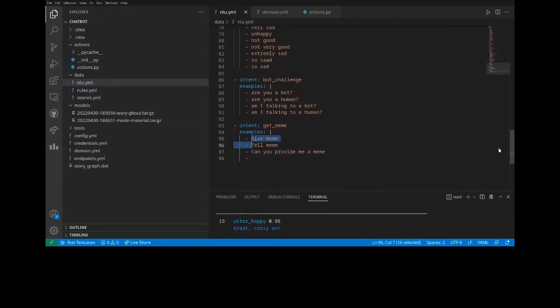What are some different combinations which, if the bot knows them, then it can try to master anything related to meme. Any sentence which you feel, if we put it here, it might fail. Show me a meme. Yes, that's good. Show me a meme. And also, it doesn't matter if it's capital or small. We can make it small. It doesn't matter.